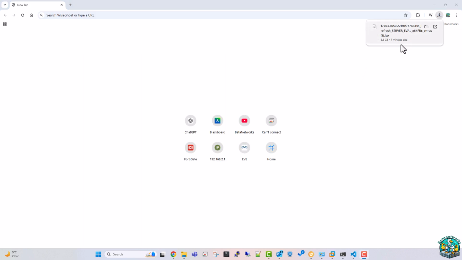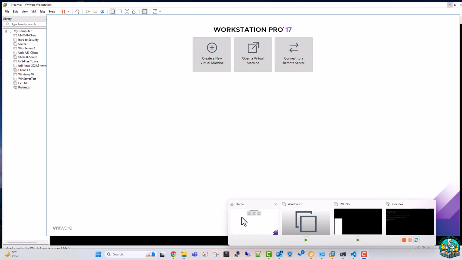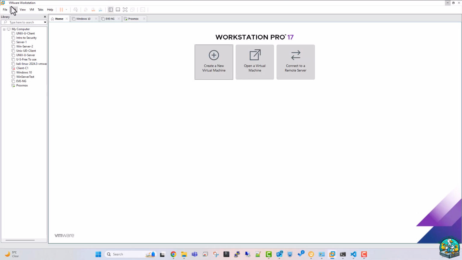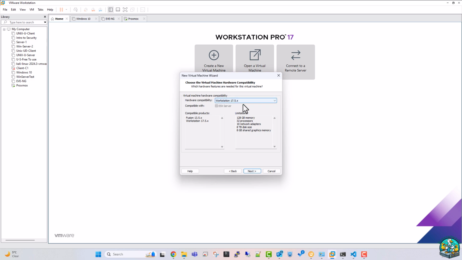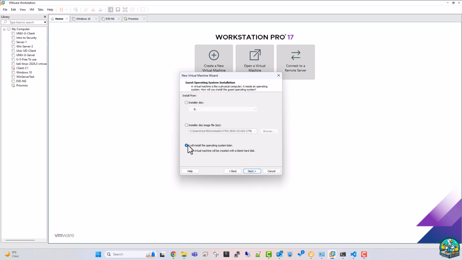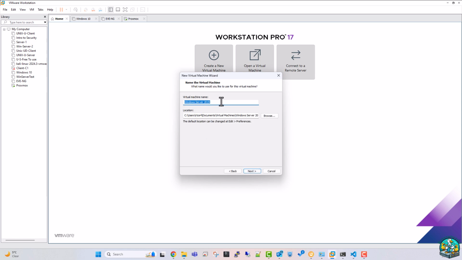Alright, so we have the image downloaded. Now we will open our VMware Workstation, and then we will create a new virtual machine, and then do custom. Next, keep it as it is, and I will install the image later. Next, it will be Microsoft, and then we select Windows Server 2019. Next, change the name. I will do it test YouTube, and then